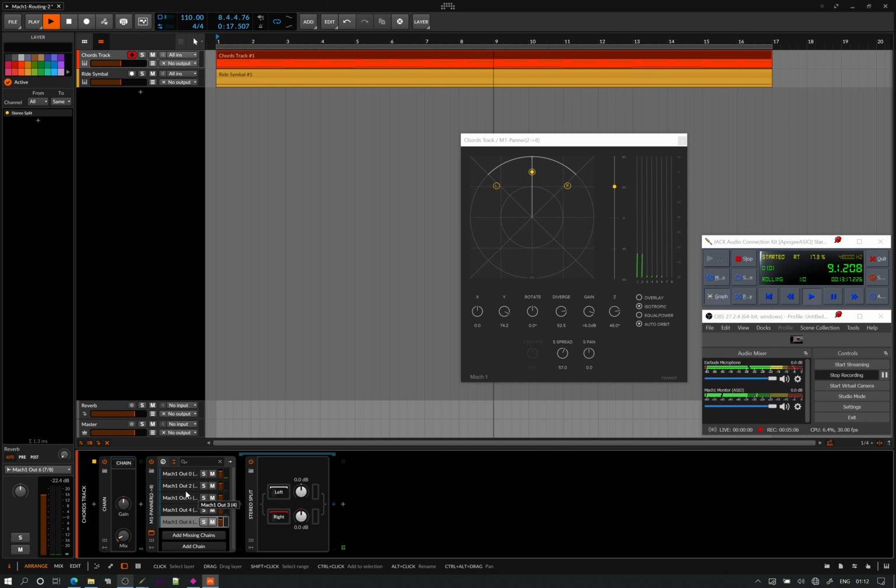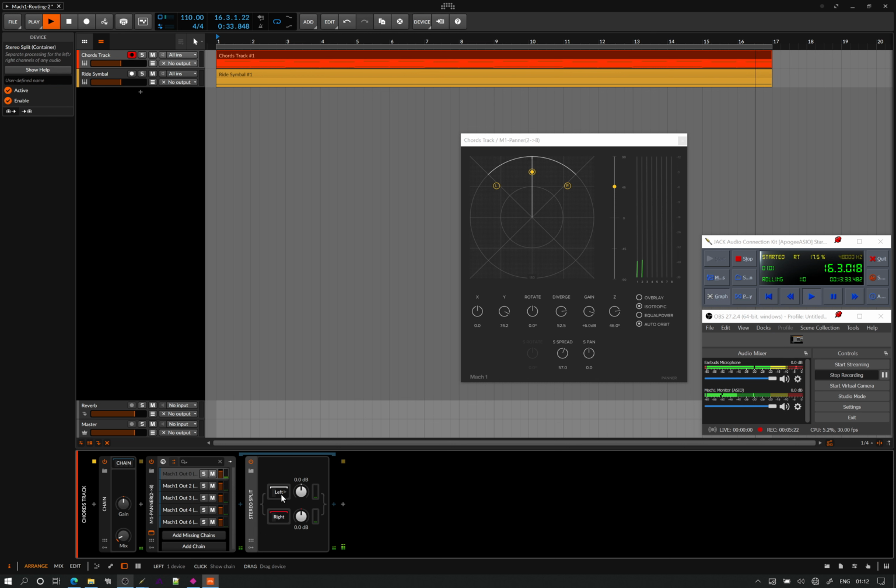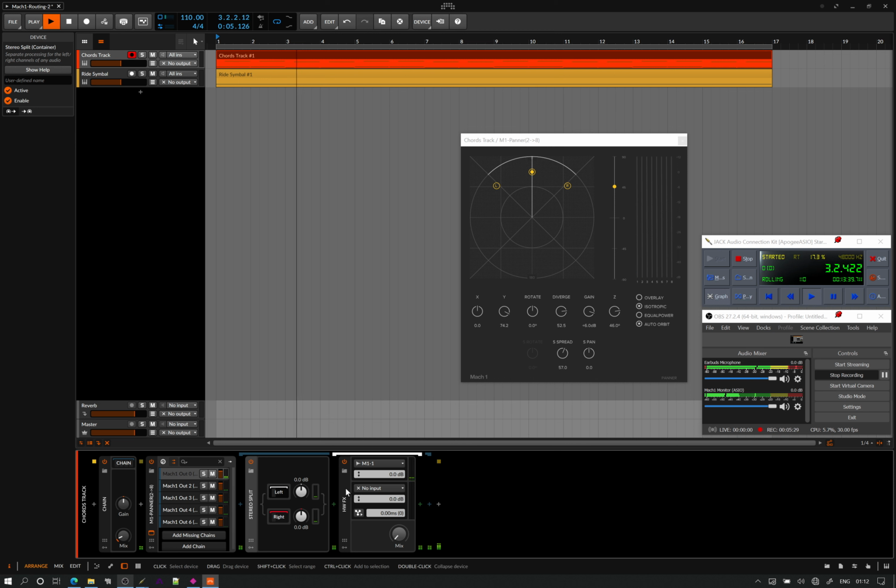I'm not quite sure why it does that, but to get around the fact that it's not giving us the mono channels that the plugin has coming out of it, we can split the channels. Each one's got its own split, and then within that split, we use a hardware effects device,